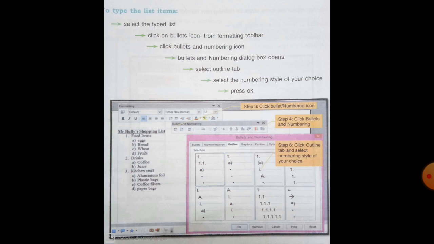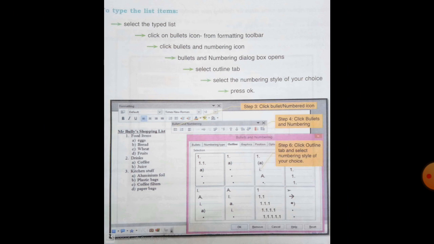Bullets and numbering dialog box opens. Then select outline tab. After that, select the numbering style of your choice and then press OK. The steps are shown in this picture.